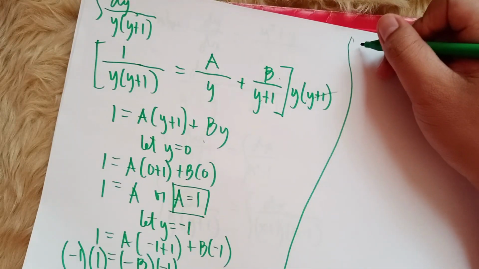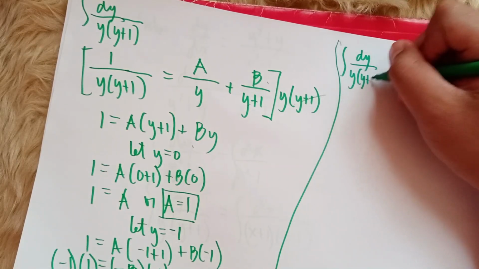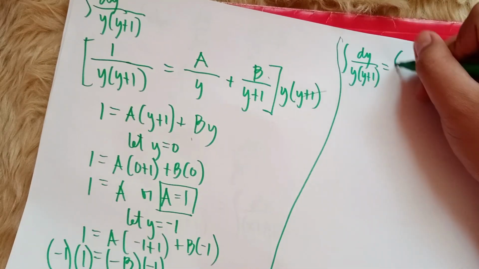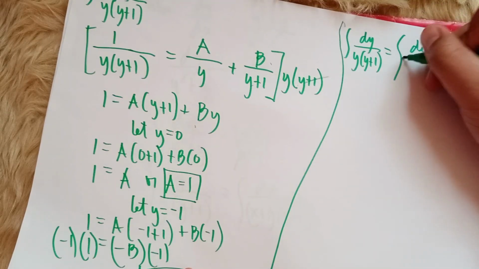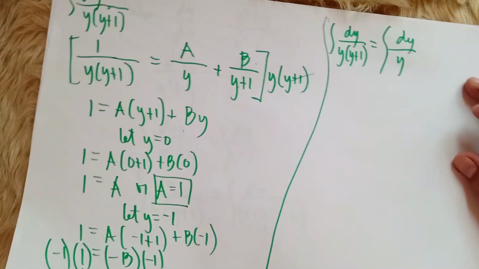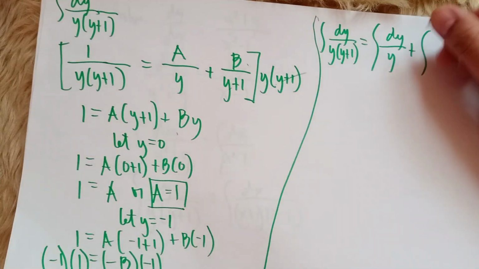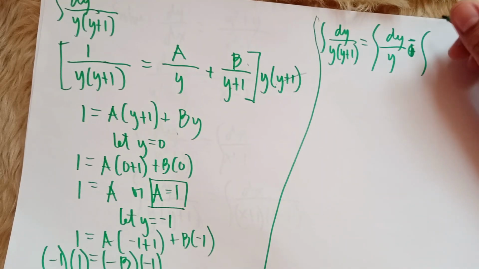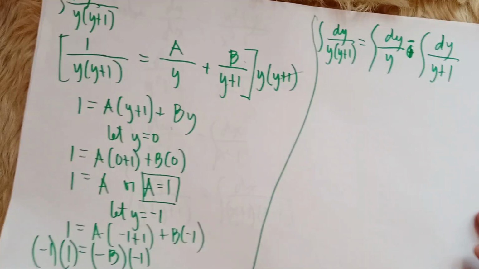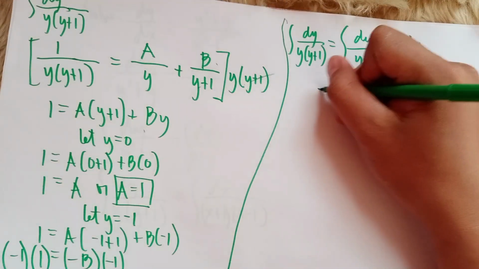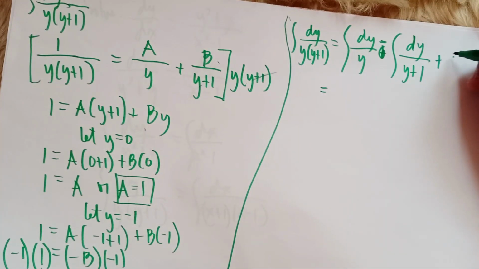So, integrate na natin yung dy divided by y times y plus 1. This is equal to the integral of, yung a natin is 1. So, this is equal to dy na lang divided by y. Dito natin i-substitute. Plus, integral of, what is b? So, negative 1. So, minus na dito lang. Minus 1 or dy divided by y plus 1. Okay, mga boss. So, this is equal to,